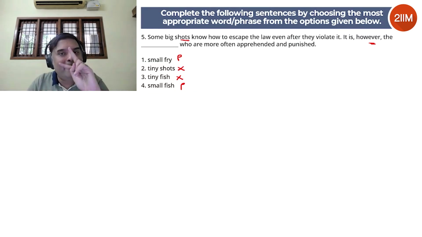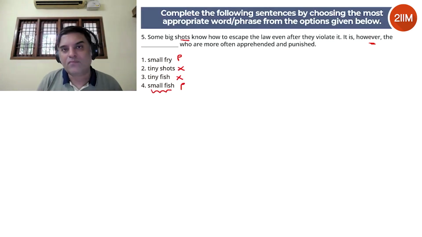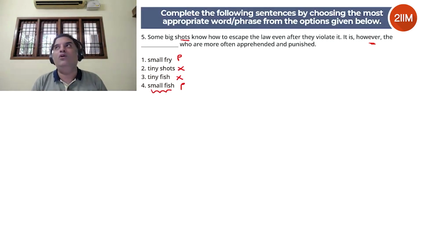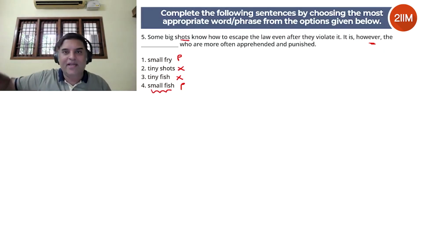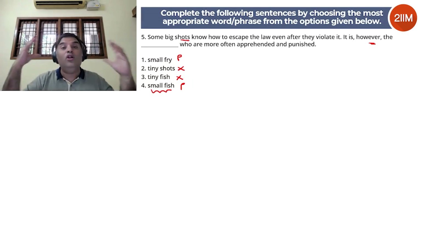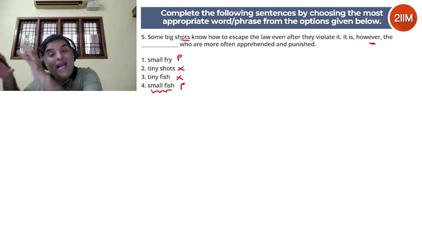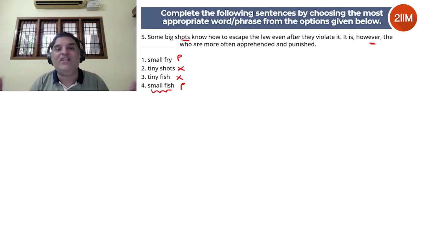Now, although they have similar meanings, the context in which they are used is different. First of all, small fry is more common than small fish, number one. And number two, small fish is usually used in business context. Like let's say if there's a company, you have the CEO and you have the CEO's team, which are all the vice presidents and directors or the CMO or CTO. These are all the big shots. And the entry level people, the freshers, could be called small fish.